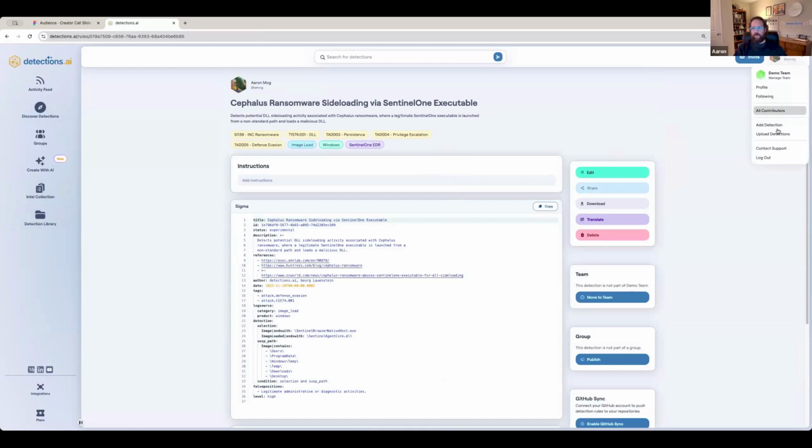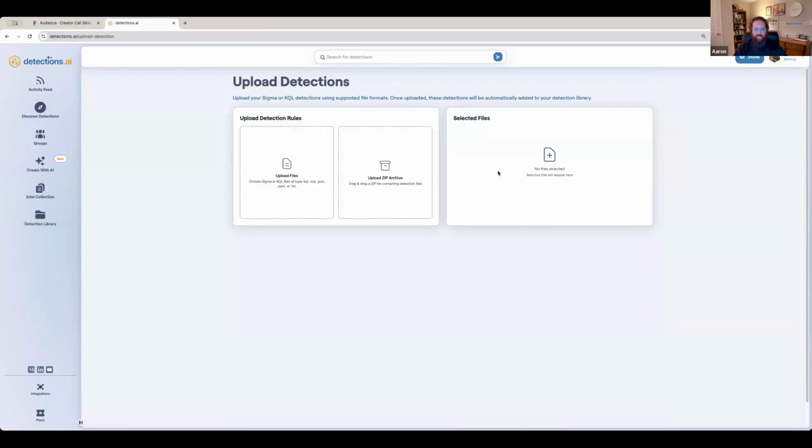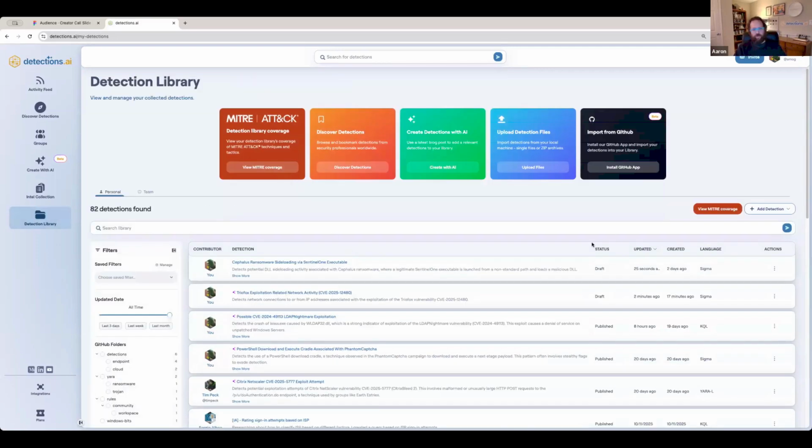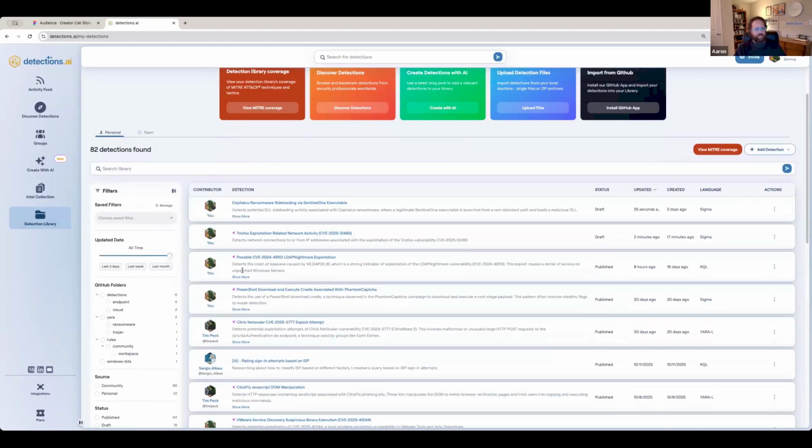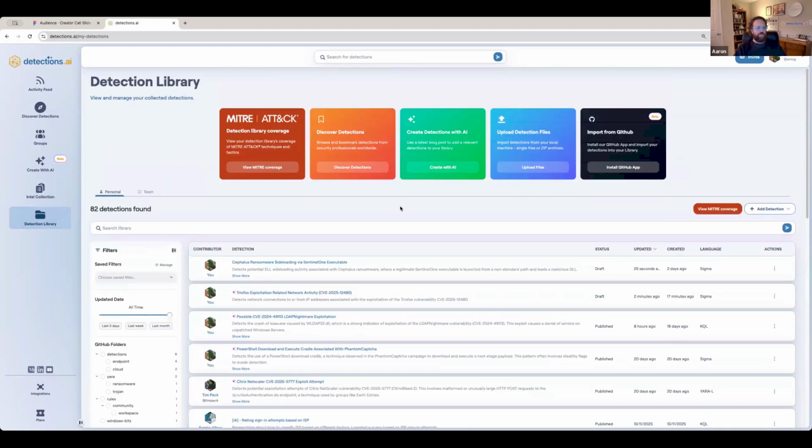If you have more of a library and you want to sync it up, not with GitHub, you can dump full archives in here. I've done 5,000 rules. It's super easy. You can just dump YAML files, KQL files, JSON files, or zips, and it'll upload your whole library. And then you can use AI to do all the tagging. It's a really great way to maintain your library, and also get the MITRE view and all the other fun stuff, and all the sorting and dating that we usually don't have in flat YAML file storage.